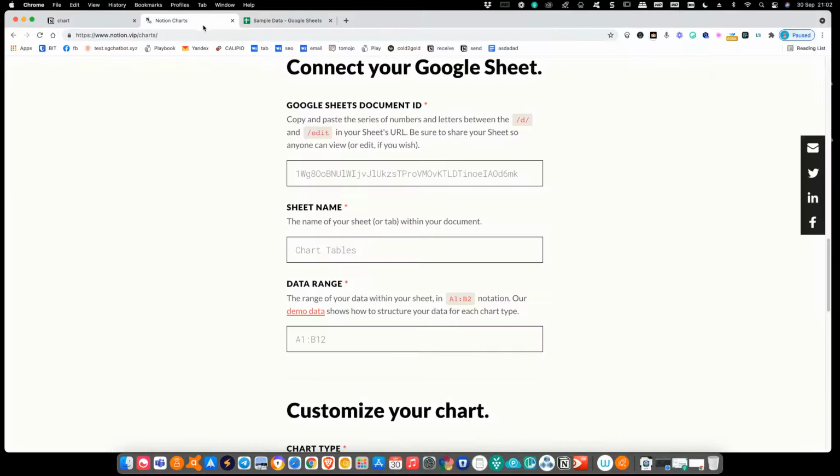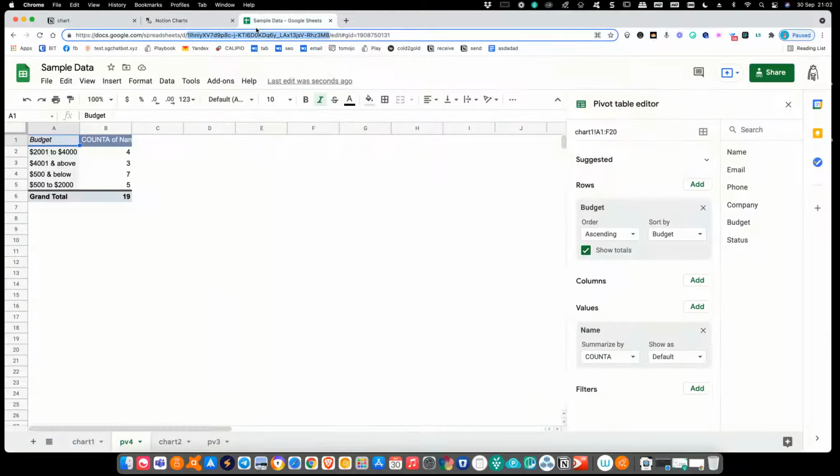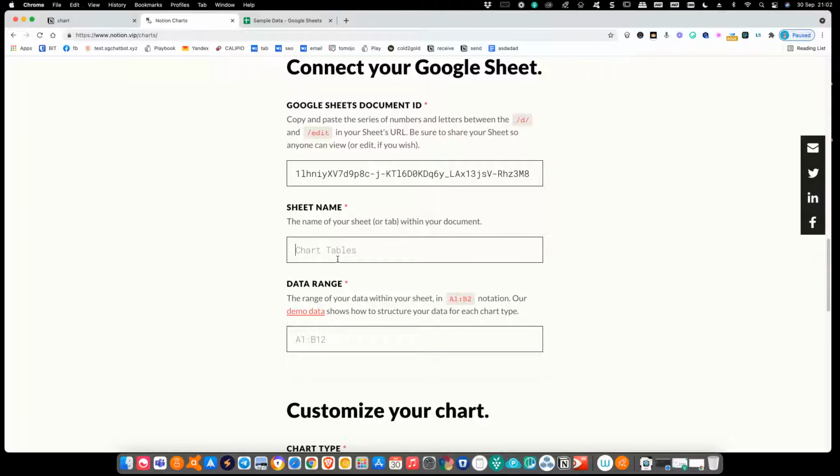here and then paste it. Okay, no haste, no waste. And then we have to find the sheet name. Over here, the sheet name is right below. It's PV4,